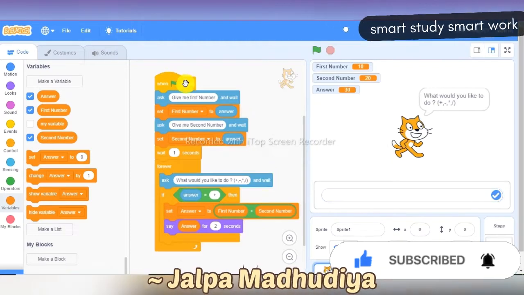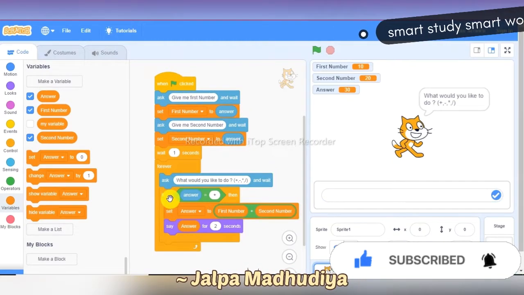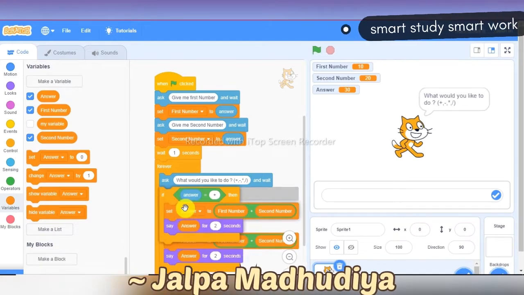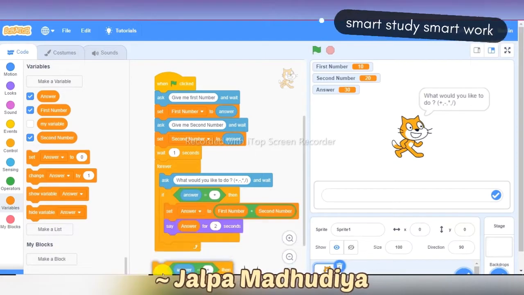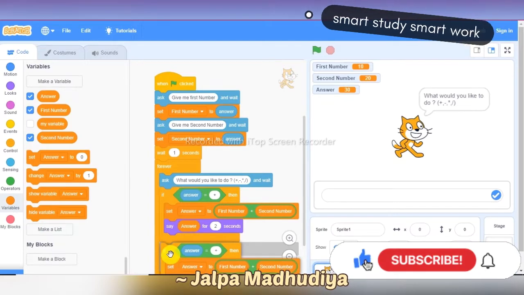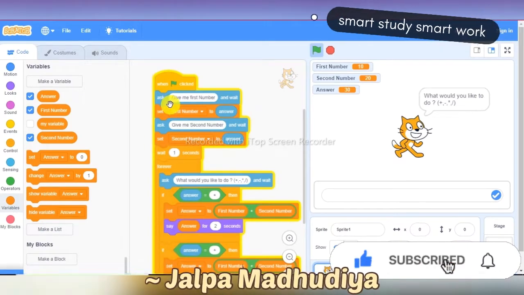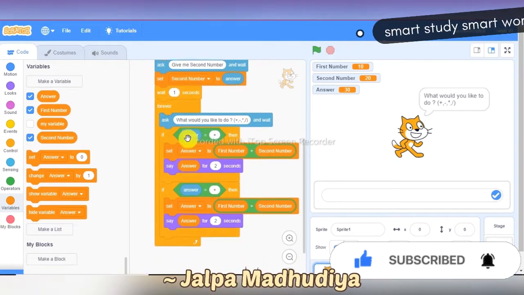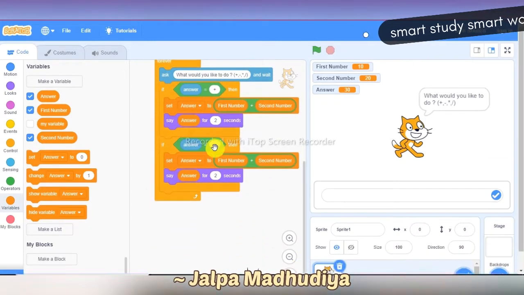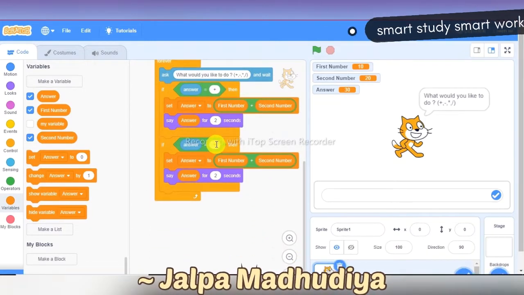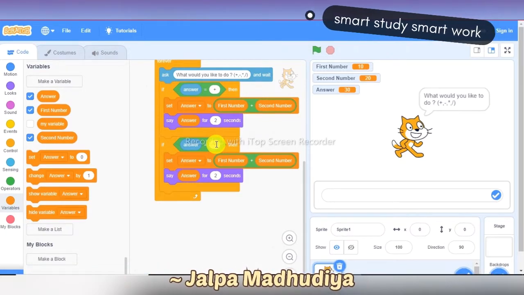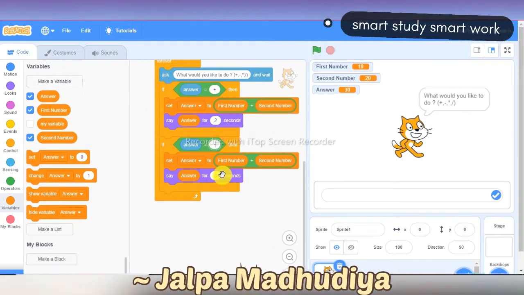Okay, now just copy this if block, duplicate the if block and put it beneath the next if block. Just make some changes. The next operation is subtraction, so put the minus sign.